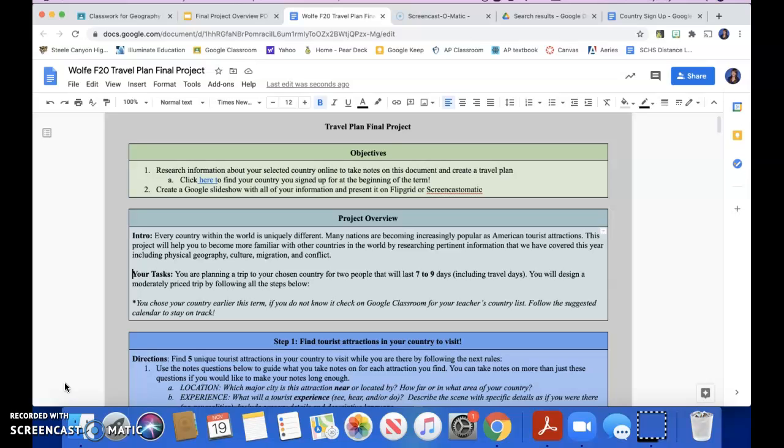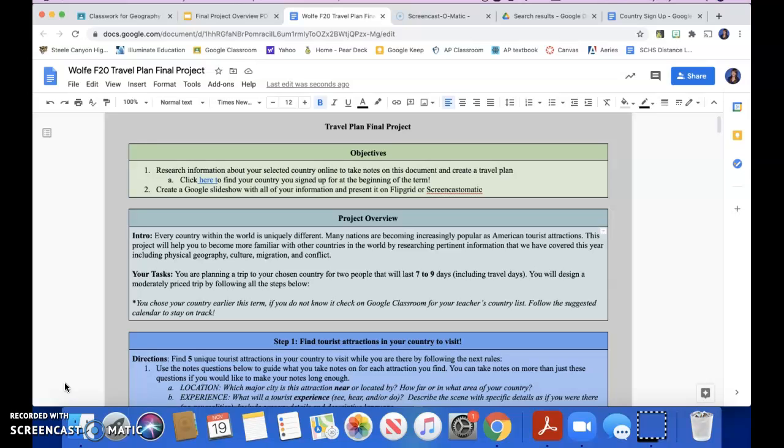Keep trying your best because this assignment is going to be worth tons of points, both in your assessment category and in your work category. It can really make or break your grade. So keep up that forward momentum, keep up all that good work that you've shown the rest of the term, and we will finish strong. And hopefully we'll have some fun because this project is geared exactly towards that.